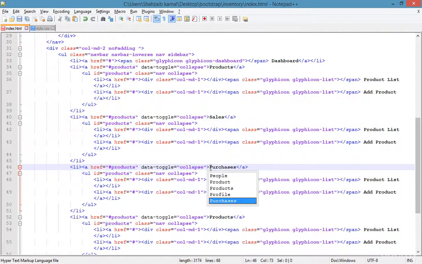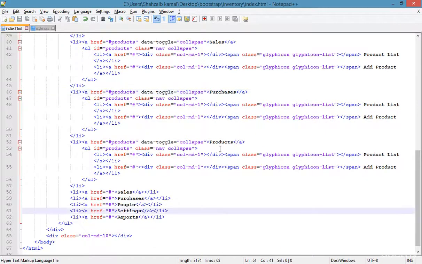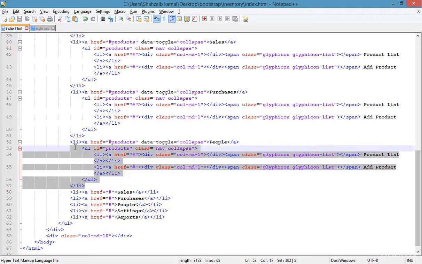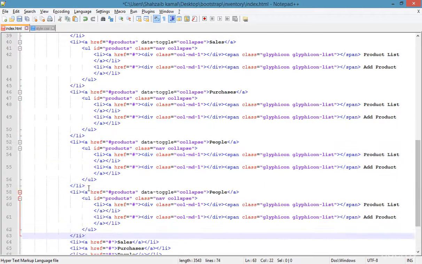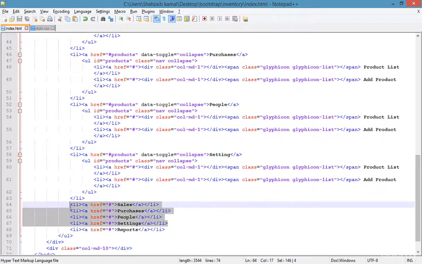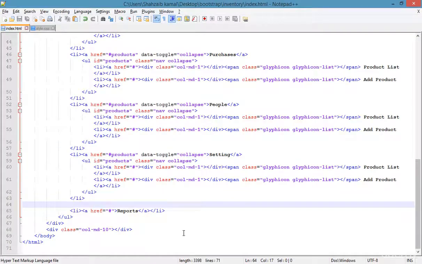Okay, now the next one is people, and then just copy this one again, the same thing. Okay, and then this should be the settings, and then the reports. So I'm just removing all those ones because all of them are there. Refresh. Now you can see that the